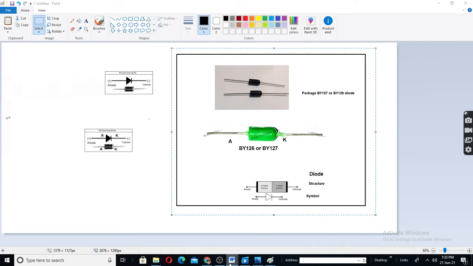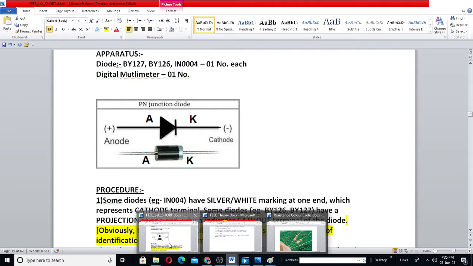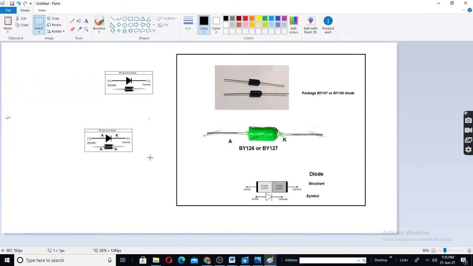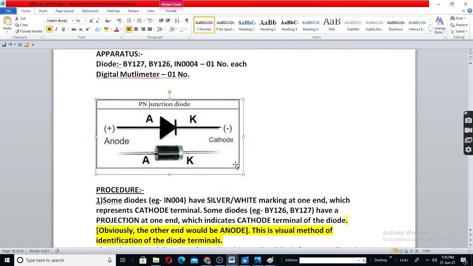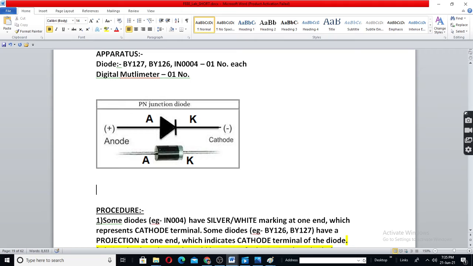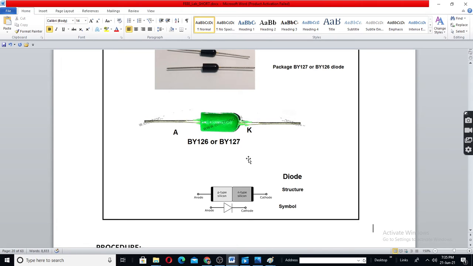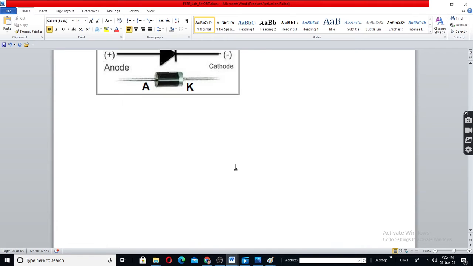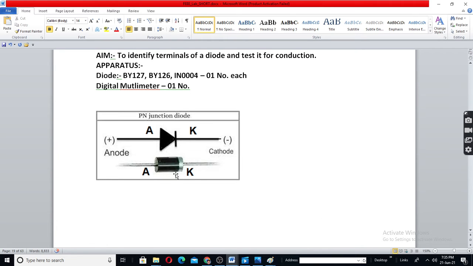So in our laboratory, we have two types of diodes. One is this type, another is this type. Structure and symbol are both the same for this. Structure you can write here also. No need for you in the laboratory examination.